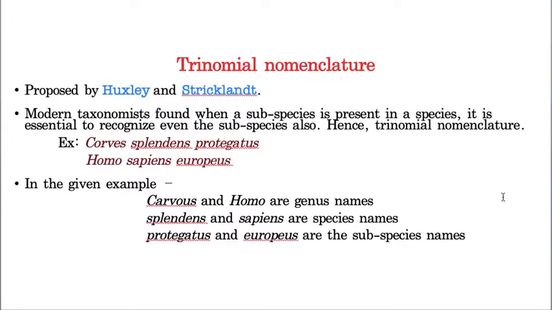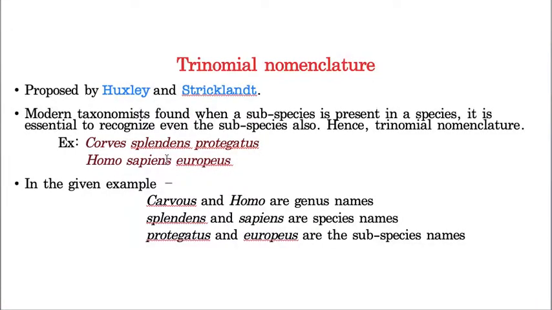But students, one thing you need to clearly understand: every time you need not mention the subspecies separately, because basically we are all human beings, whether he lives in Europe, or in America, or in Andaman Nicobar, that doesn't matter for us. So we are all human beings only. So usually the subspecies nomenclature is not that accepted. See, nowhere did I mention it is the most accepted, because there is no need.